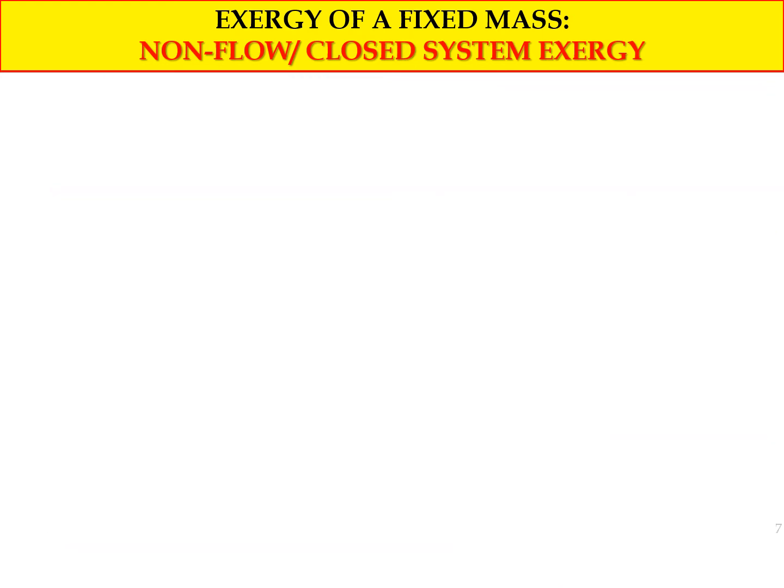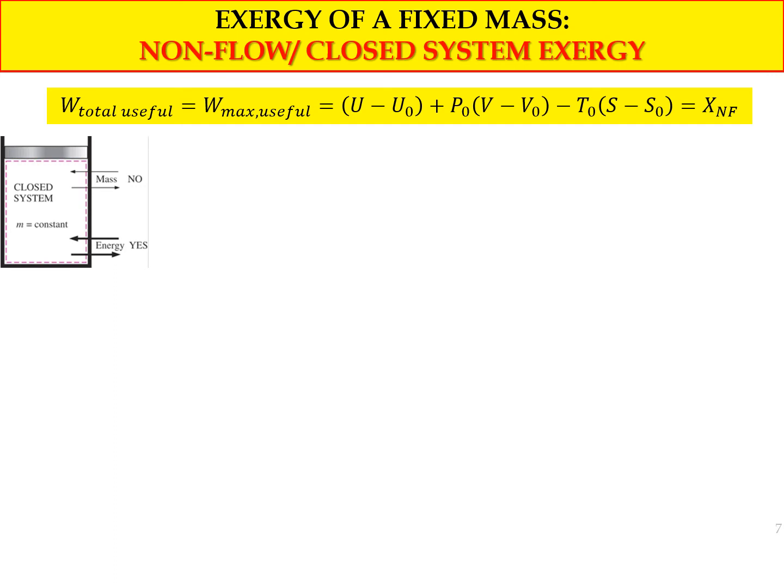Exergy of a fixed mass, non-flow closed system exergy. So this is a closed system which has no mass in and out. From this system, we know this is the exergy equation. To further understand how we get this equation, if you want to know the detail of this equation, you should refer to the textbook of Cheng. However, in this slide, we already simplified it to something like this. The U naught, P naught, V naught, T naught, and S naught are the conditions at the dead state: internal energy, volume, pressure, temperature of the dead state. So from this equation,